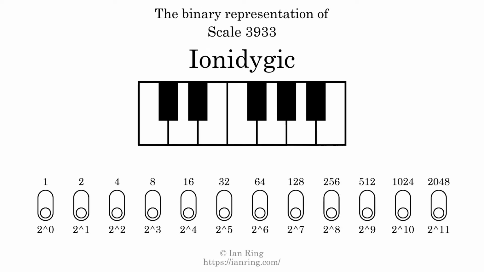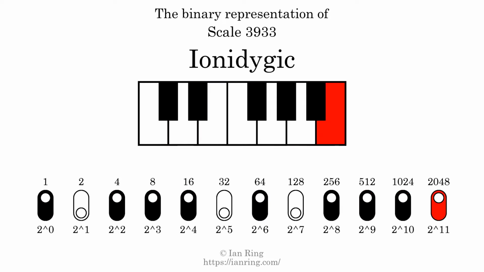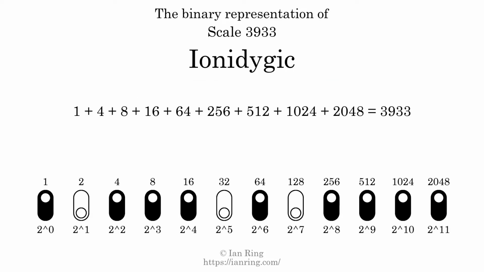The binary representation of this scale is determined by mapping tones of the scale to binary digits. Each binary digit represents a power of 2. To get the scale number, we add the powers of 2 together. The powers of 2 that are present in the scale, all added together, equals 3933. That is why the scale number, in decimal, is